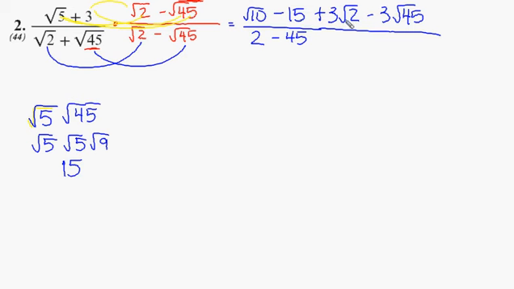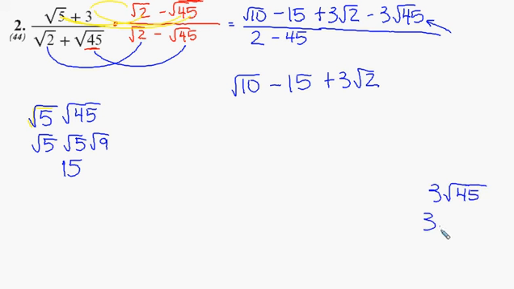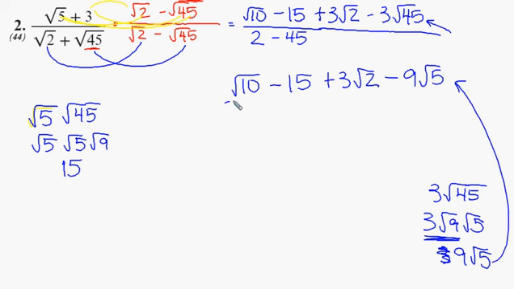The only thing that we have to take care of here is this part right here. So I'm going to rewrite square root of 10, negative 15, plus 3 times the square root of 2, and the square root of 45 can be broken up. 3 times the square root of 45 can be broken up into 3 times the square root of 9 times the square root of 5. You can quickly see, I hope, that this is equal to 3 times 3, which is 9, 9 times the square root of 5. Okay, so then we have minus 9 times the square root of 5, bringing that from up here, all